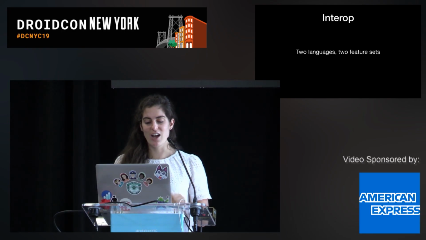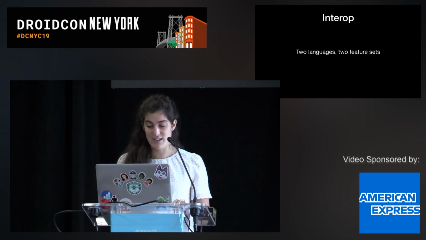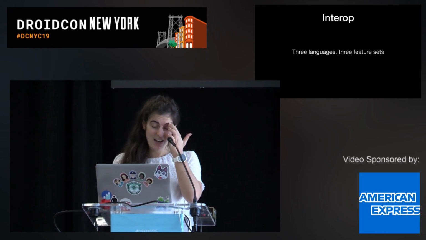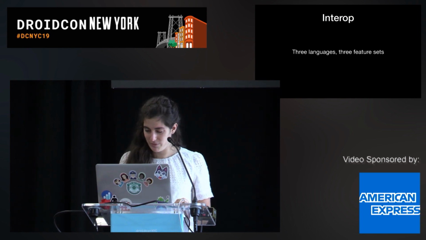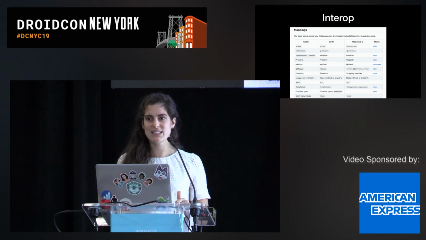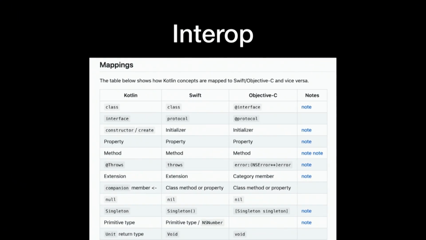So this is actually a lot of languages on the slide. I'm talking about Swift and Objective-C and Kotlin. Worst case, you have 3 languages. All of these languages support different feature sets, which should be worrying people for very good reason, because it means that the features in these languages need to be mapped to each other. And this is a small subset. This page, if you wanted to, scrolls infinitely. It could be one of those things that puts you to sleep at night, just casually scrolling past and lulling you into a sense of dread.